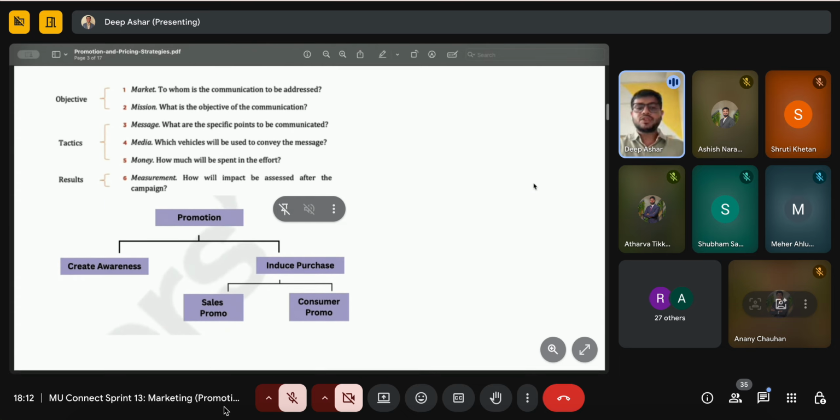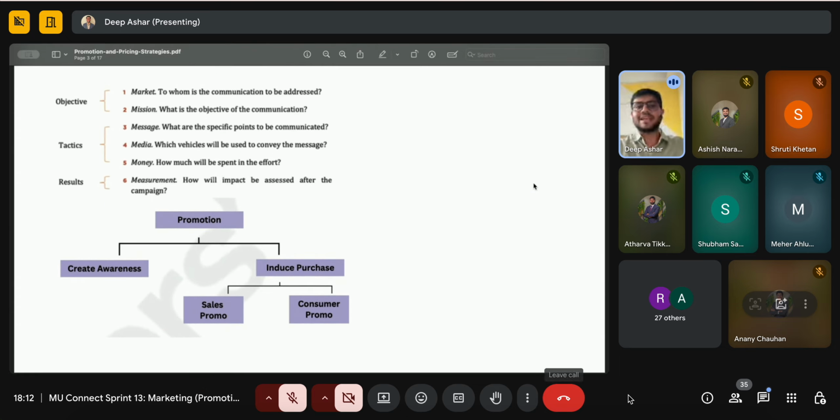Cool. So under promotions, we came to the second part, which was the mission or the objective. Overall in promotions, there are two main objectives. First is either you're creating awareness. The second is either you're trying to directly induce purchase. Even awareness's end goal, at the end of say 6 months or 1 year, is that some purchases happen, but these objectives are kept separate because the tactics in awareness, which we'll see in the upcoming slides, are quite different from how we directly induce a